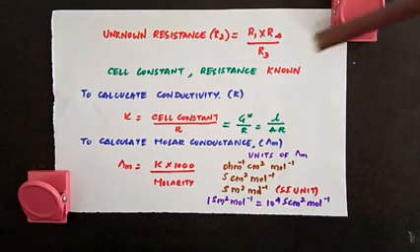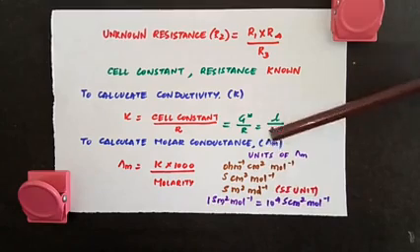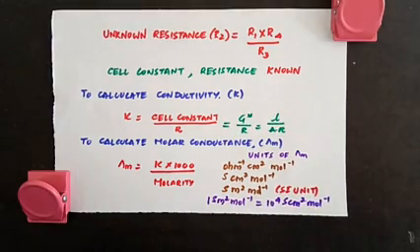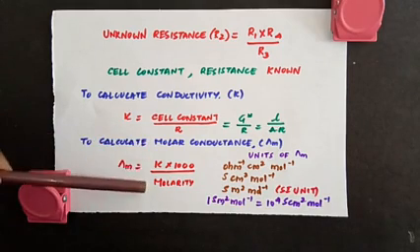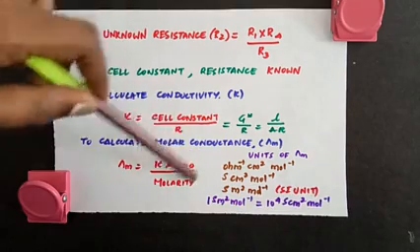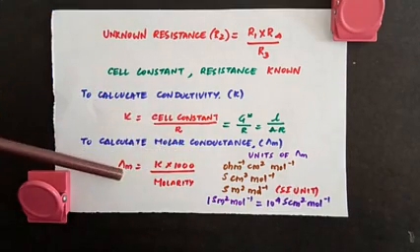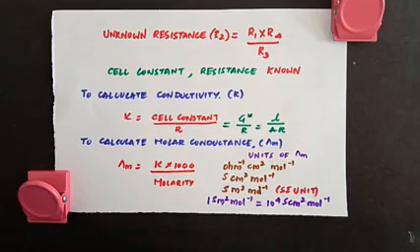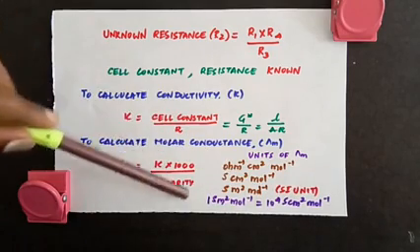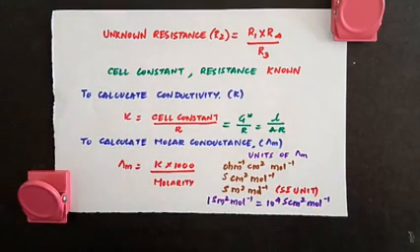Now the next step is to calculate the molar conductance or molar conductivity, which is del M. Now del M is equal to kappa into 1000 by molarity. You know kappa from this step, multiply it by 1000. I'll show you why we are doing this 1000. Actually del M is equal to kappa by concentration, kappa by C. So doing this calculation for unit conversion, we use this formula, kappa into 1000 by molarity, as a common relationship.